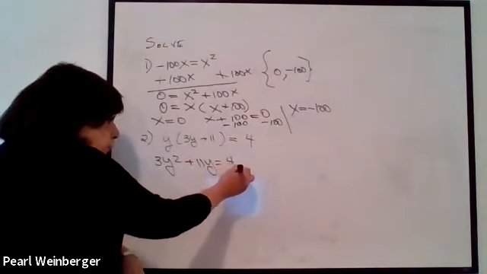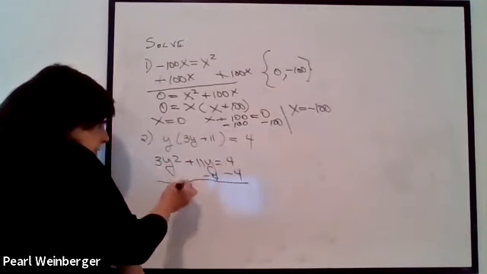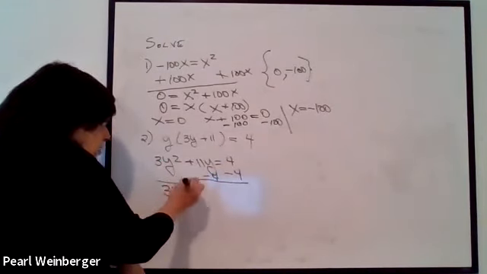So I'm going to bring this 4 to the other side so that my equation in standard form becomes 3y squared plus 11y minus 4 equals 0. So in this case, I had to first remove the parentheses and get it equal to 0. And now I'm going to proceed with solving this equation